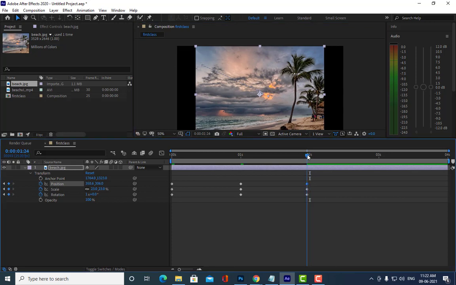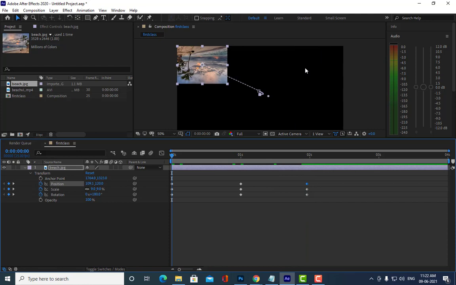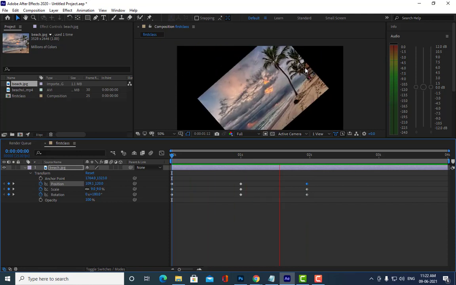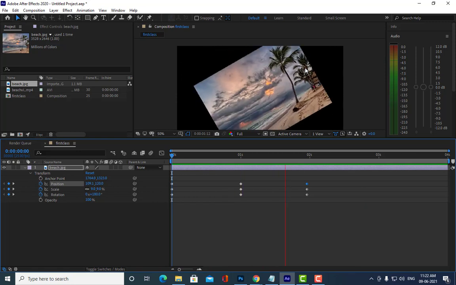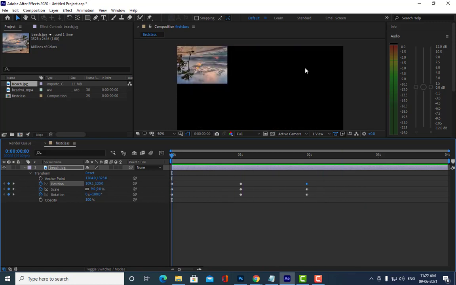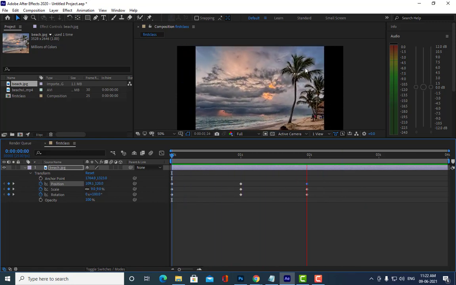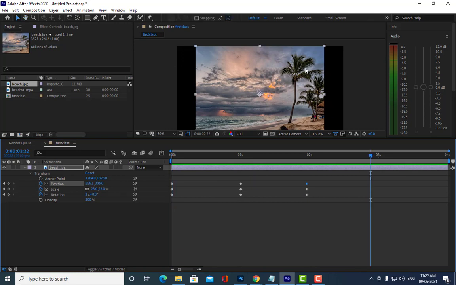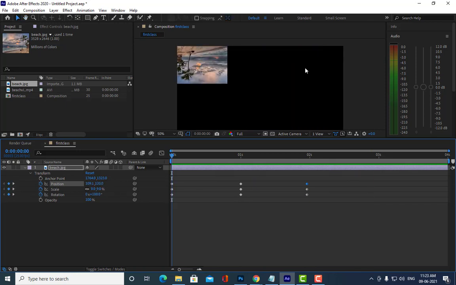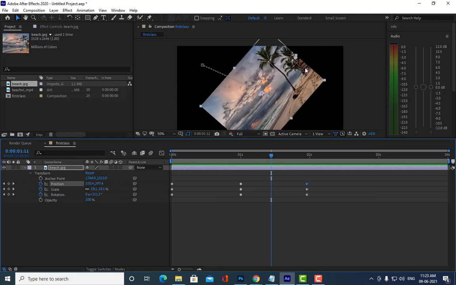Now we have a complete animation here. We have animated position, scale and rotation. Able to understand, everyone? Yes, sir.